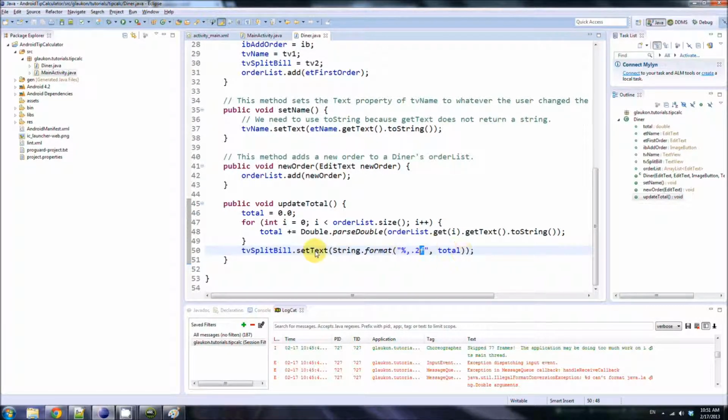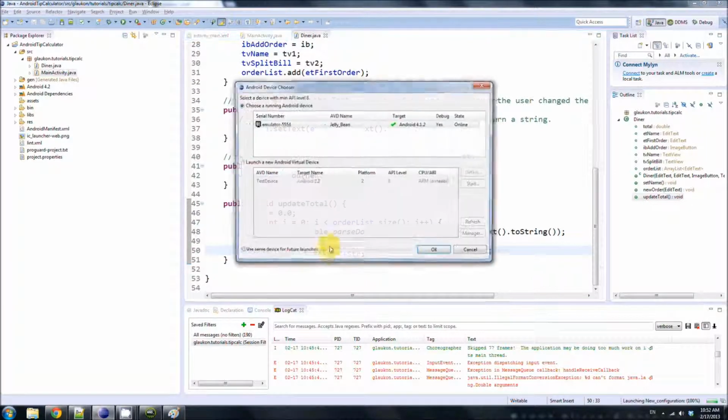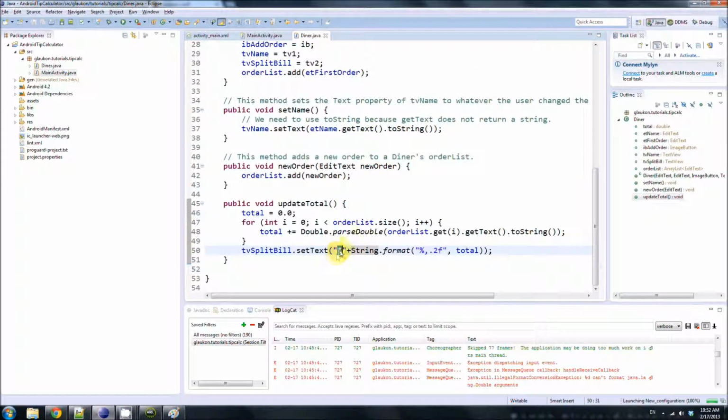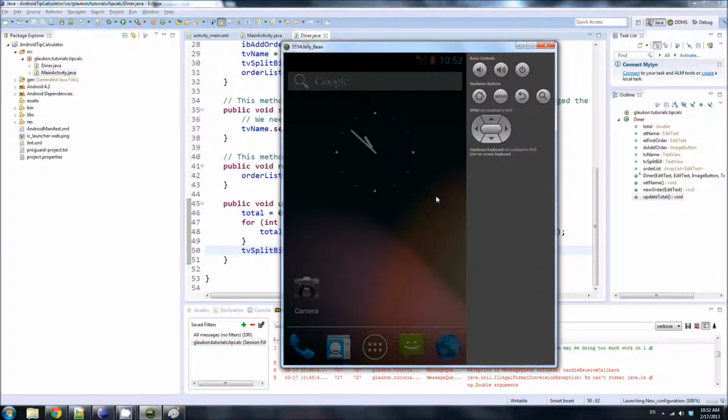But anyway, this whole thing here turns total into a float, or it sets the text to the string version of total, and it formats that string according to the rules that we give as the first argument. And then one more thing. We added a string $ sign right here, and we add that to whatever we had before. And what that will do, which should be obvious, is